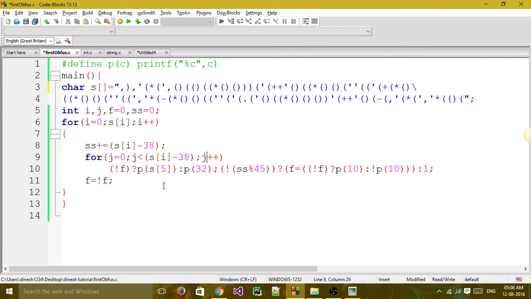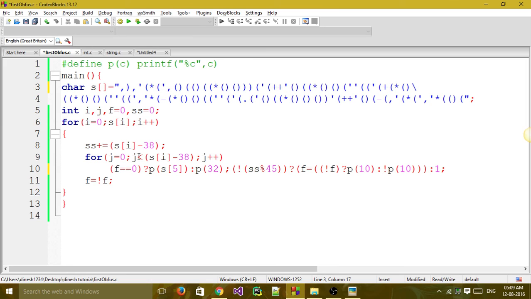Here what I'm writing is, if flag is equal to 0, then p of s of 5. Here not f represents simply f equal to 0. Flag equal to 0 or not f is the same. So if f equal to 0, then print s of 5. s of 5 is 0 1 2 3 4 5, that is asterisk.